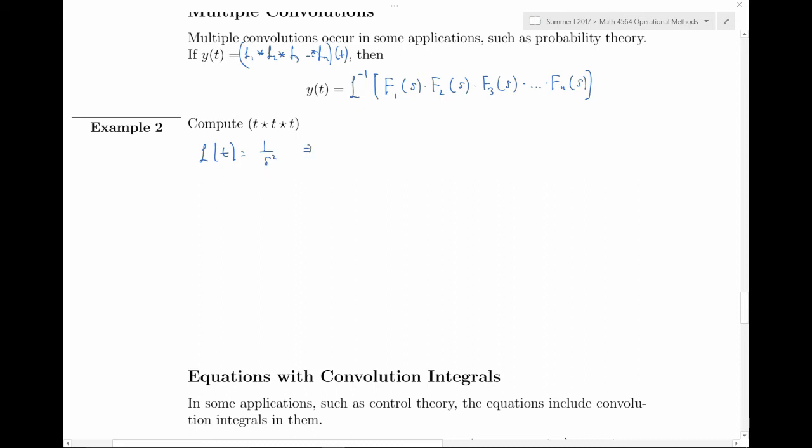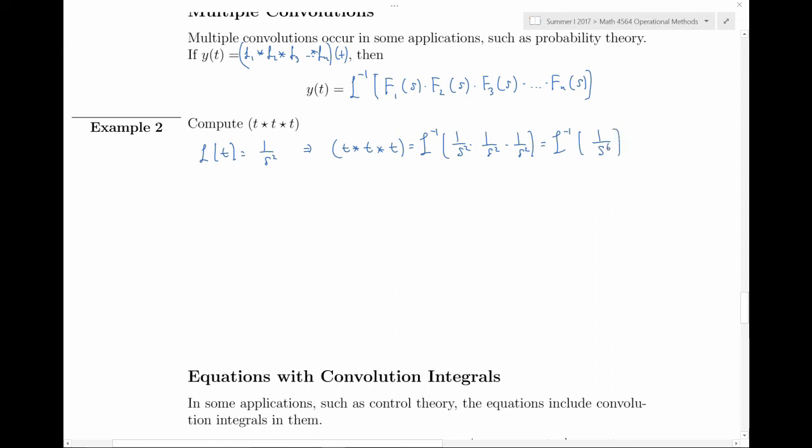Therefore, the convolution can be written as the inverse Laplace transform of 1 over s squared times 1 over s squared times 1 over s squared, which is simply the inverse Laplace transform of 1 over s to the 6th,